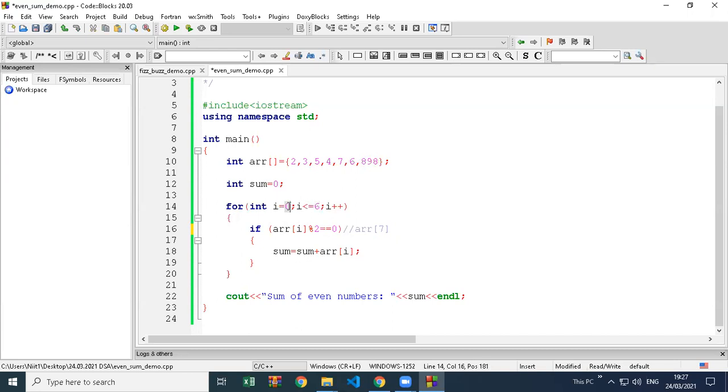So here we just have to mention the starting index. You're not writing ARR of 0 here in the starting. You're just writing the index number of that value. Similarly, at the last also we are writing just the index number of the value. This we used already many times in arrays while taking values out. So the loop is only representing the index number. Inside the loop we are using the array to fetch data from those particular index positions. The loop is just giving index positions.